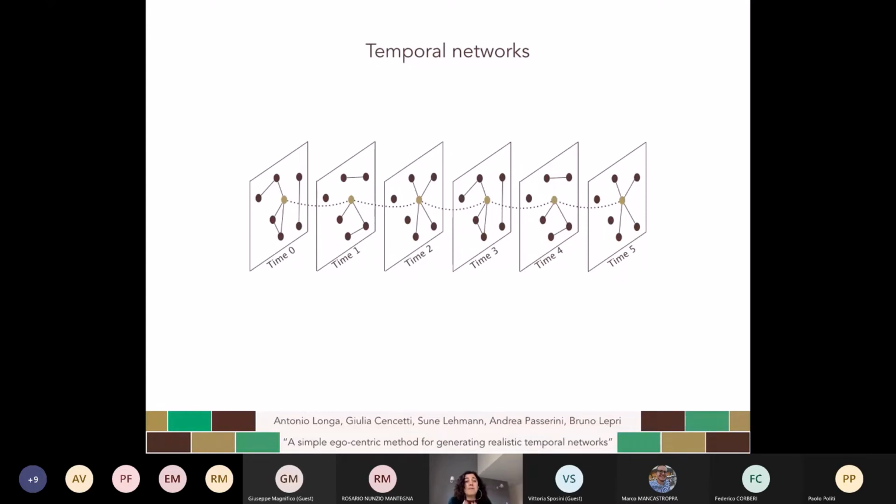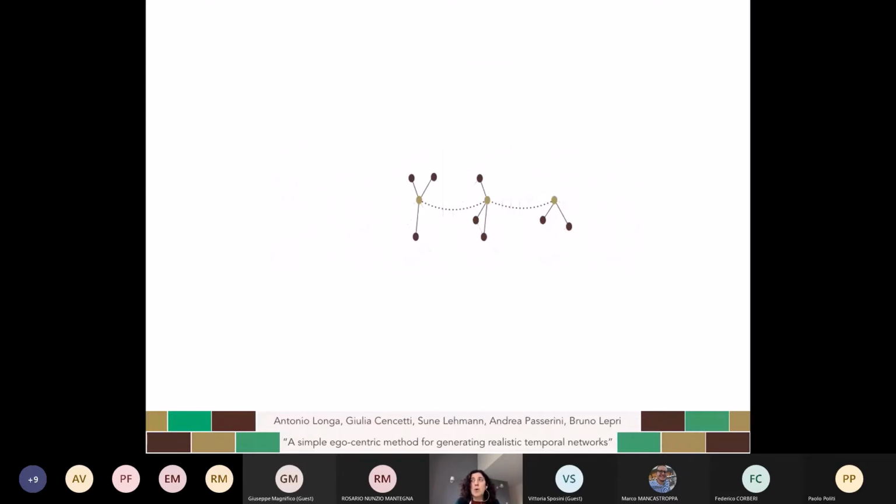However, the interplay between these two dimensions, let me call them now time and space, but with space, I mean the topology of each layer, makes the inspection a much more difficult problem if we want to take everything into account. For this reason, in this talk, I will propose a simplification strategy which corresponds to decompose the temporal network in its small building blocks. So these building blocks include both spatial and temporal dimensions, but small.